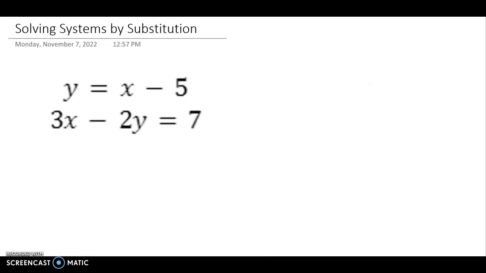Hi everyone. So today we are looking at how to solve a system of equations by substitution. So remember that a solution is when you have two lines and you're trying to find where they intersect, and it is an ordered pair x, y. So we need to find out what is the x and what is the y in these two equations. Okay, there's only one point where these lines will meet, and we're trying to find out where that point